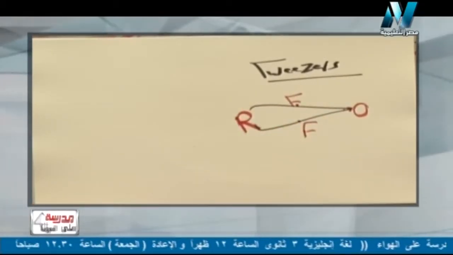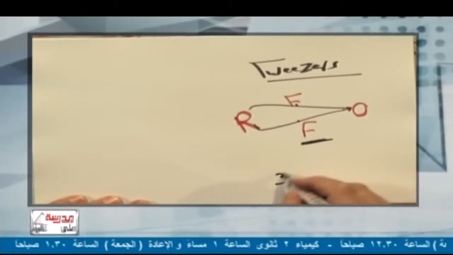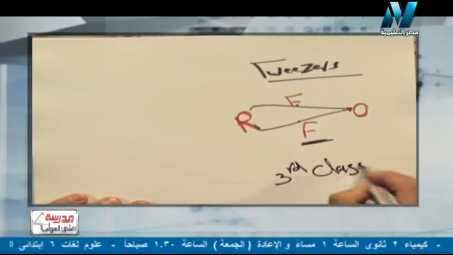So what is the midpoint? Surely it will be effort force. So effort force in the middle, so it will be third class lever. Give reason. Tweezers are considered a third class lever because it has effort force F between R resistance and fulcrum O. So again, the tweezers are considered a third class lever because it has effort force between R resistance force and